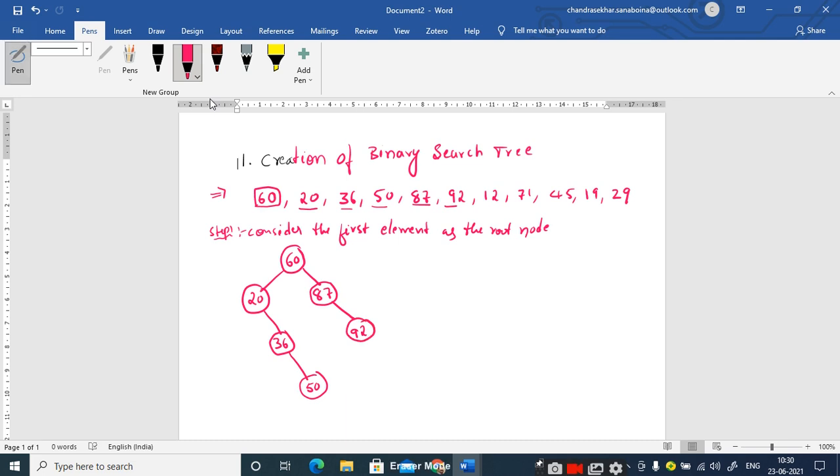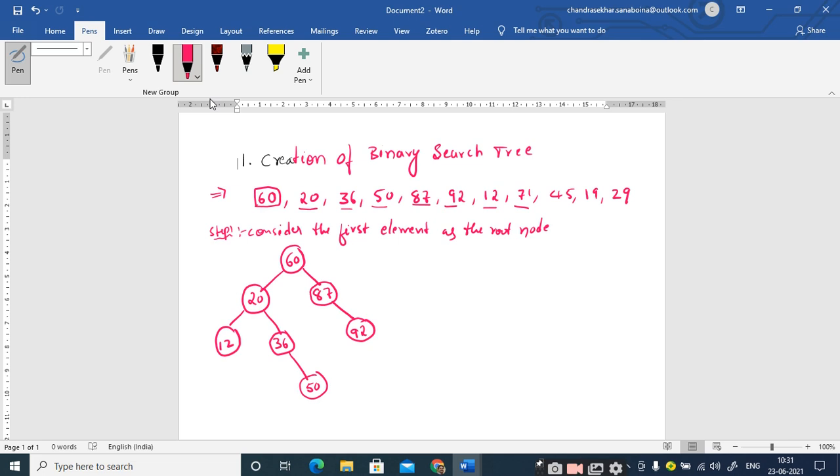And take the next element, 12. 12 compared with 60. Since 12 is less than 60, go to its left subtree. Again compare this 12 with 20. Since 12 is less than 20 and 20 does not have the left child, the 12 has to be placed as the left child of 20. Go to the next element, 71. 71 compared with 60.